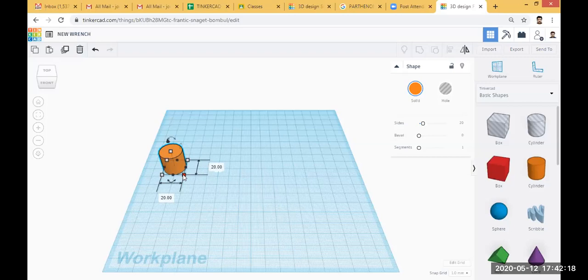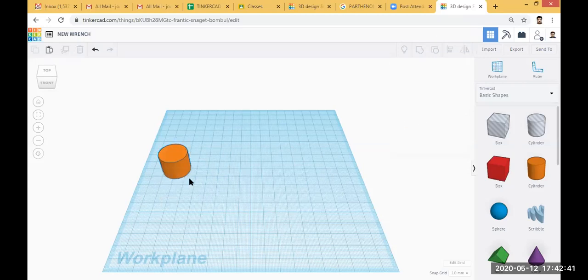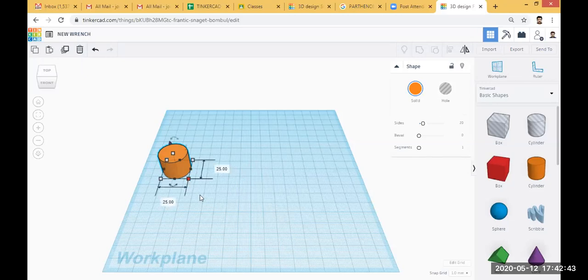So I will use the tab button and then enter the value as 25 on both sides, with the help of the tab button on the keypad. Click enter. Okay, so now the diameter is 25.